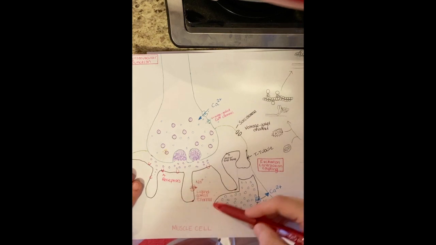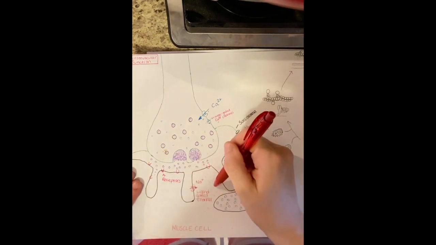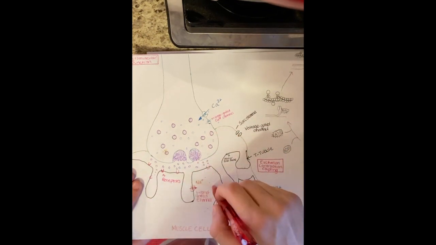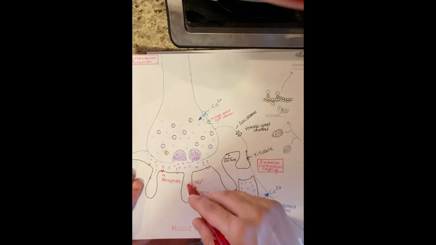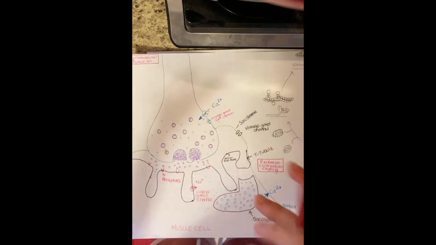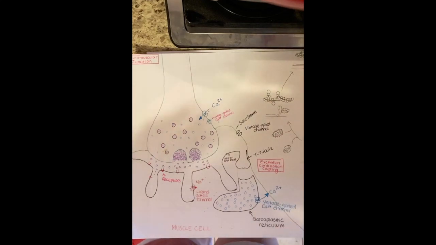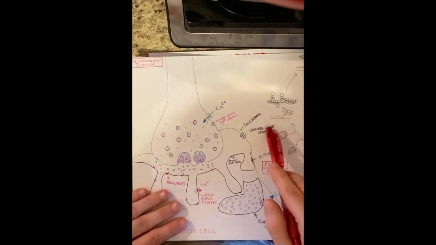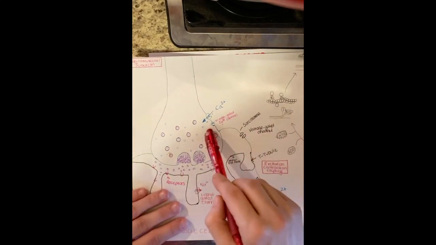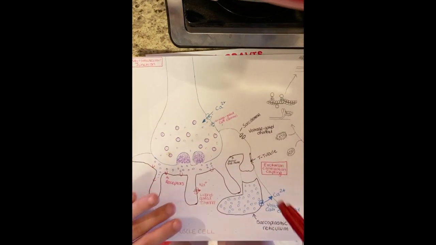Because this depolarized when the sodium ions entered and the potassium ions exited, it opened this voltage-gated channel along the sarcolemma, which